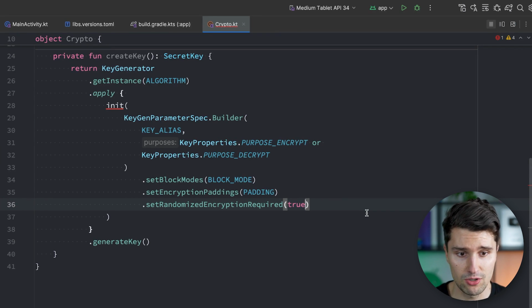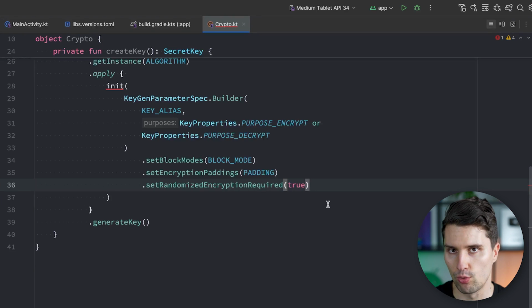That is of course good for security, because otherwise if an attacker notices that certain values in their encrypted form are the same, then they can make the assumption that the decrypted string also must be the same. And that's of course not what we want. We want to randomize this a little bit so that we pretty much just use a so-called initialization vector, an IV, which is in the end just a random sequence of bytes that we prepend to our actual data that we want to encrypt. And since we always add another randomized sequence of bytes, the entire outcome of our encrypted byte array will always be a different one. And with this option, we set this to required, that we say, hey, we want this extra level of